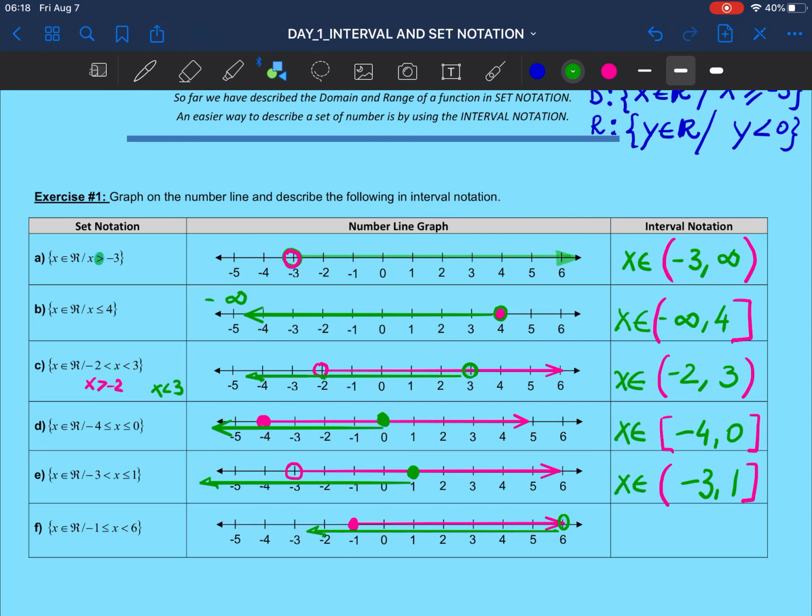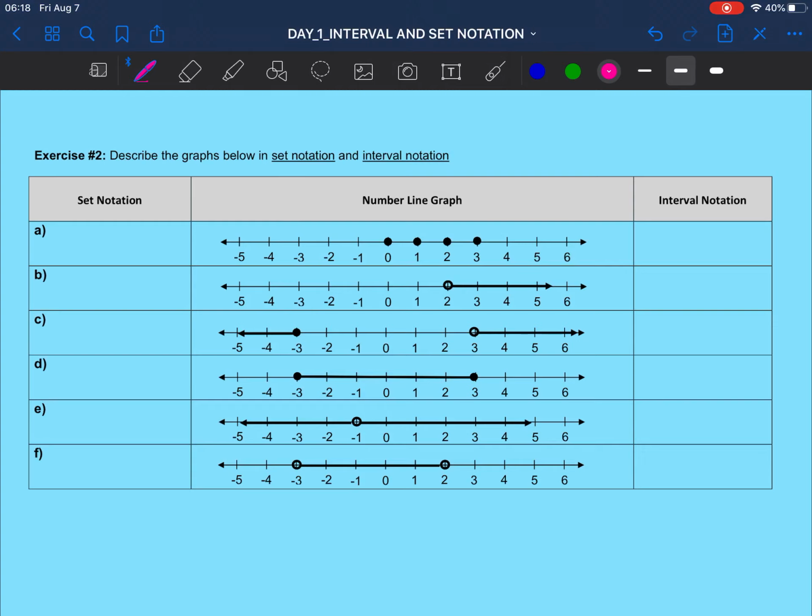And we'll say that the numbers will be between negative 1 and 6. Negative 1 included, so square brackets. 6 not included, so round brackets. Okay, so in the next examples,